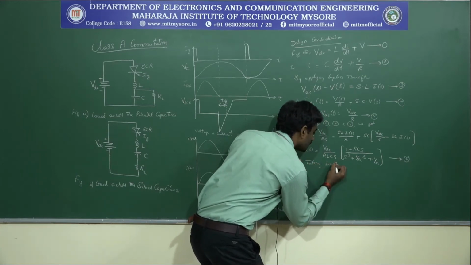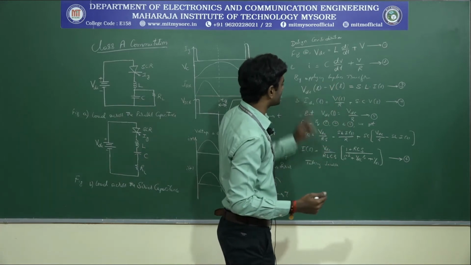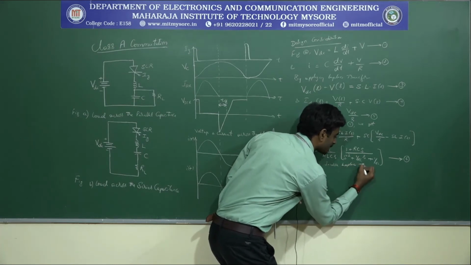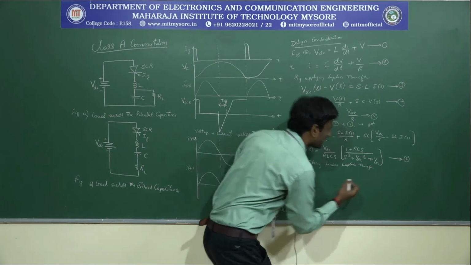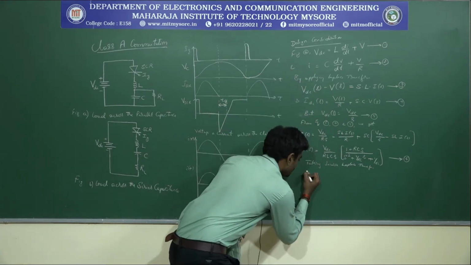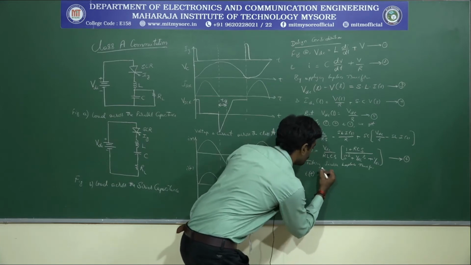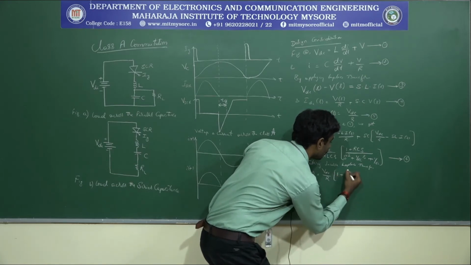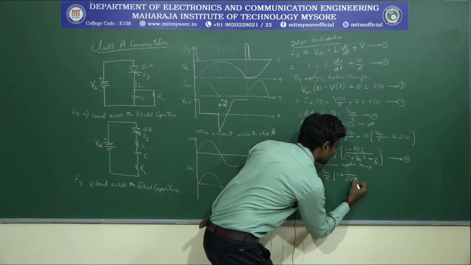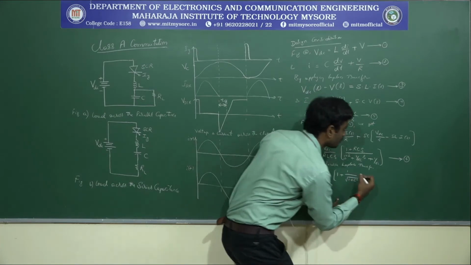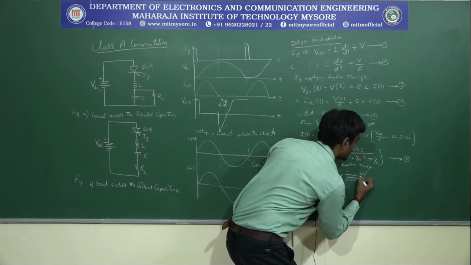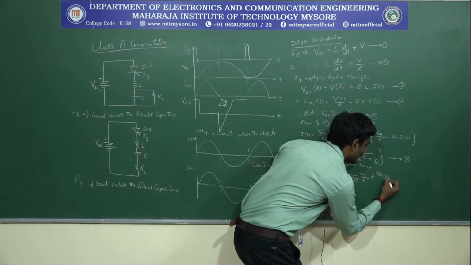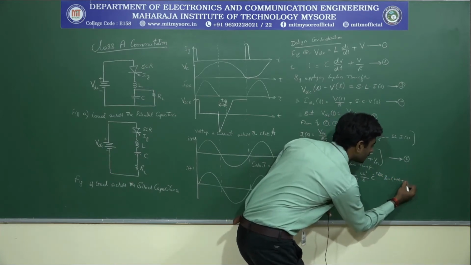Taking inverse, which transform we have applied here? That is the Laplace transform. So I will take the inverse Laplace transform. Applying the inverse Laplace transform, I of S becomes I of t, which will be equal to VDC by R into 1 plus 1 divided by root of 1 plus epsilon square into omega n square divided by epsilon, into e to the power of minus t divided by RC into sine of omega t plus psi.